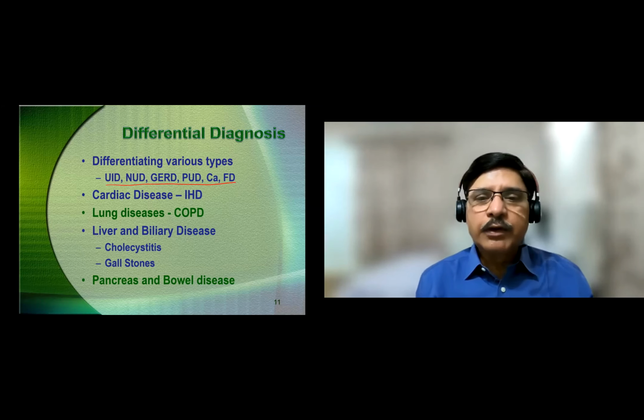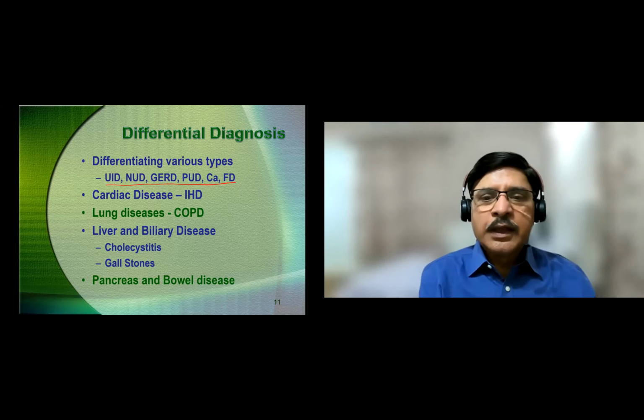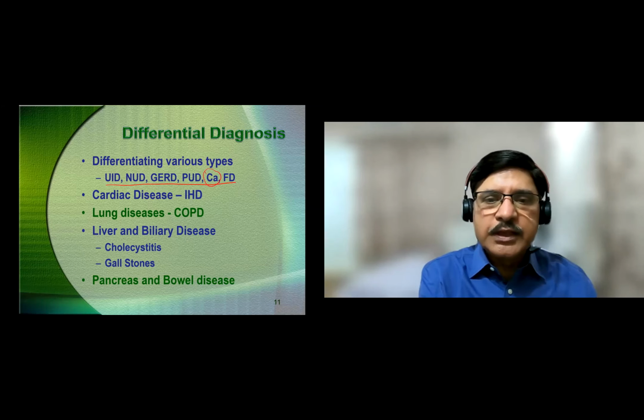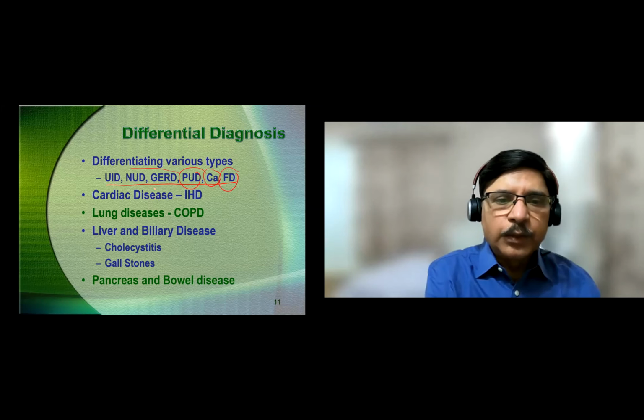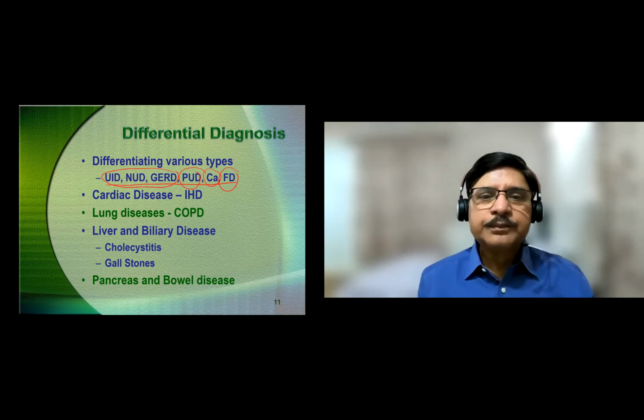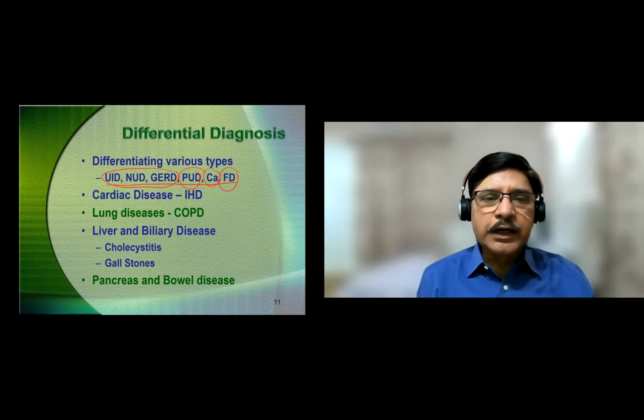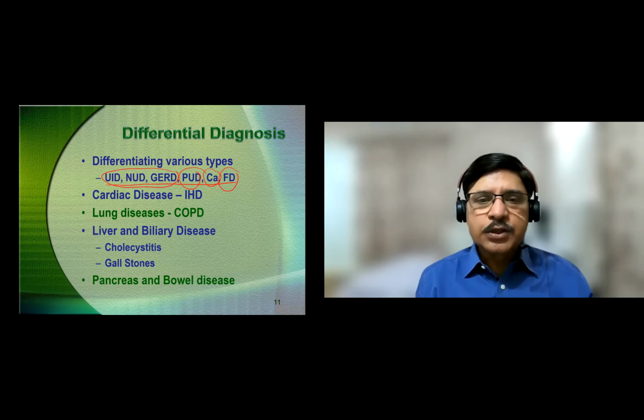We need to differentiate them because the management of these things is very different. Okay. Uninvestigated dyspepsia, and then non-ulcer disease, gastroesophageal reflux disorder, peptic ulcer disease, carcinoma of the upper GI tract, and functional